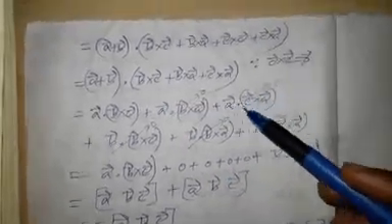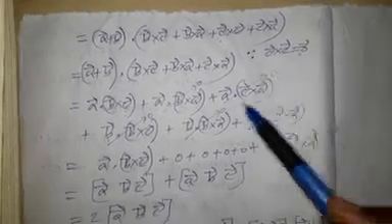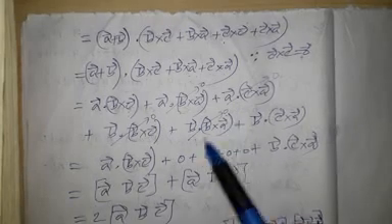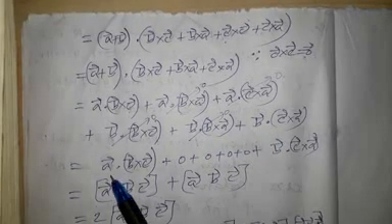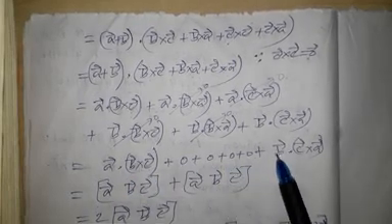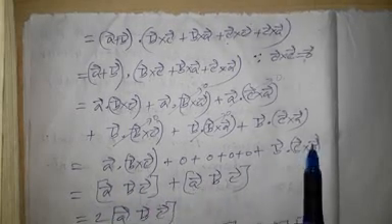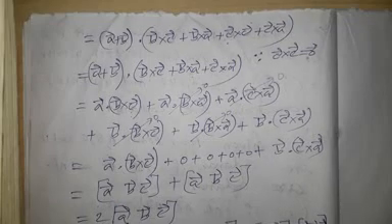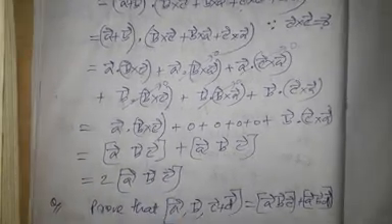A dot C cross A is equal to 0 because of the repeated A. B dot B cross C is equal to 0. B dot B cross A is equal to 0. Only B dot C cross A remains. That is A dot B cross C plus 0, 0, 0, 0 plus B dot C cross A. Here this is equal to the triple product ABC, and here also this is equal to ABC. So that is twice the triple product of vectors A, B, C.